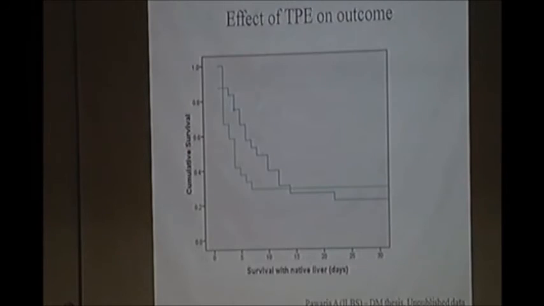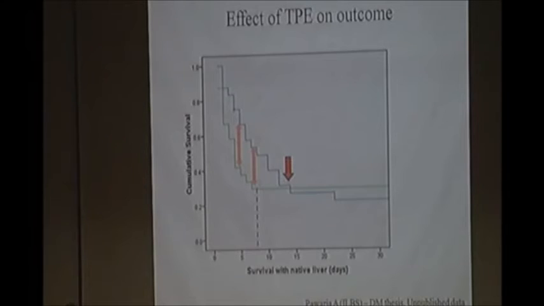And now if we see the outcome chart at day 30, we find that there is no difference between the HVP group, this is the blue line, and the standard medical therapy, that is the green line. If we want to read more into this, maybe this is not statistically significant, but if you see at day 3, there is a difference between those receiving HVP versus those receiving SMT. The difference was there till around day 7, and then this line goes below the standard medical therapy.